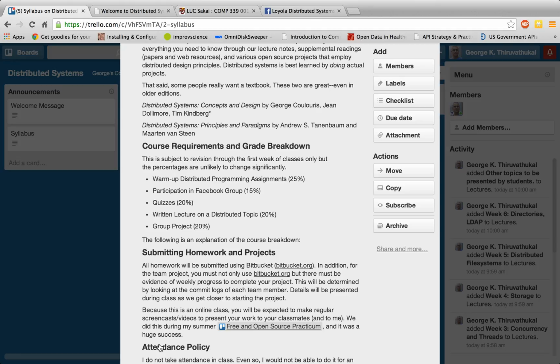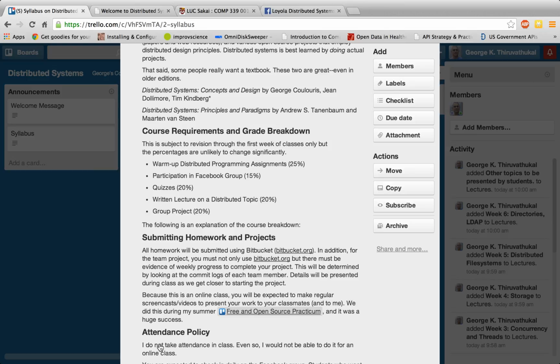We will also, again this year, have a required written lecture on a distributed systems topic. This will be done by you forking a copy of the book, and you will learn to use the authoring system that I use to write these notes and make your own lecture. I will also provide several samples, because in last year's distributed systems class, students also did this. And it was hugely successful, and I think the vast majority of students really enjoyed doing it.